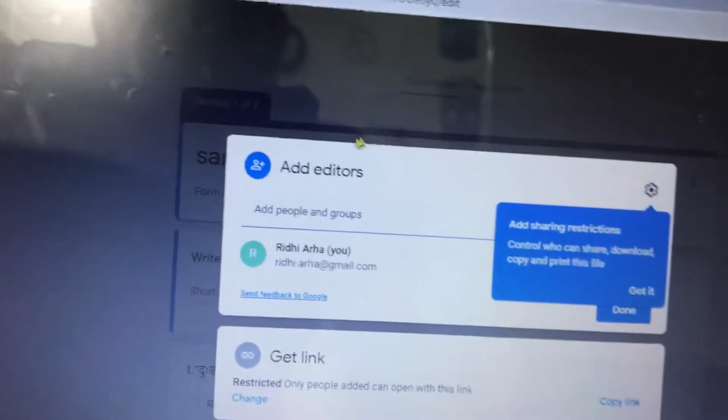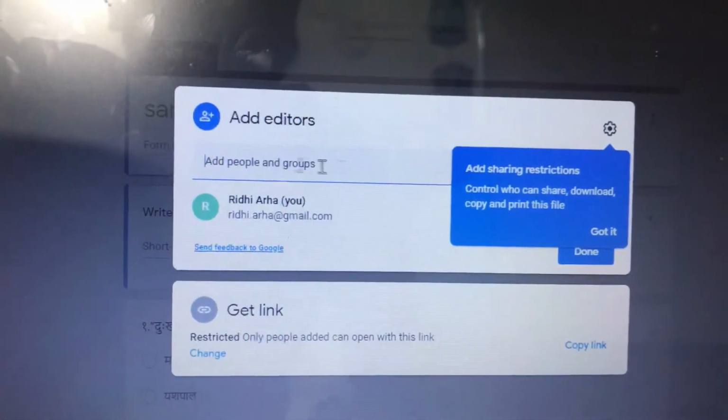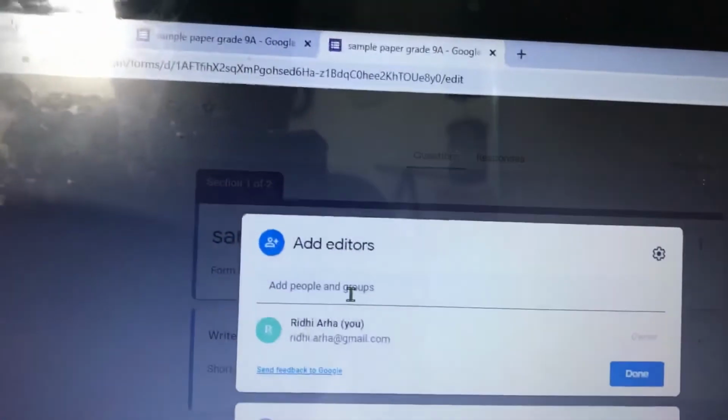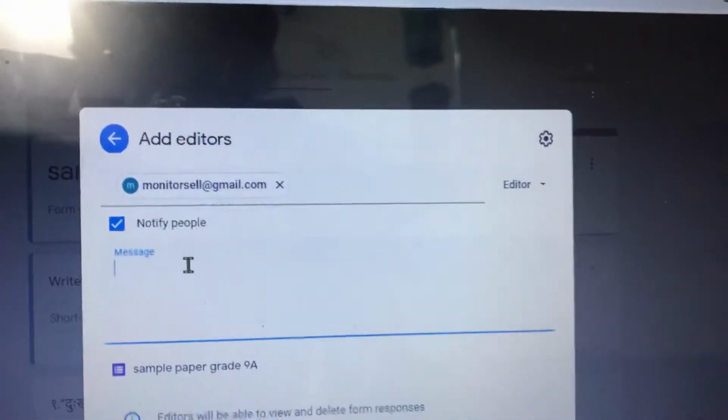By default, this editors option will be open here, and here we are going to add the Gmail ID of the second teacher with whom we want to share it. So I'm going to type the Gmail ID here. Say this is the sample Gmail ID of the second teacher with whom I want to share this form.